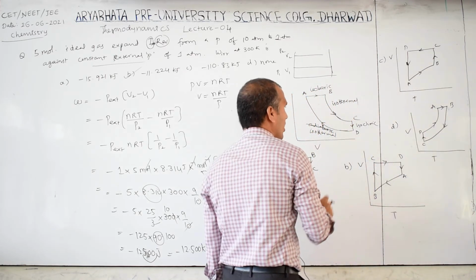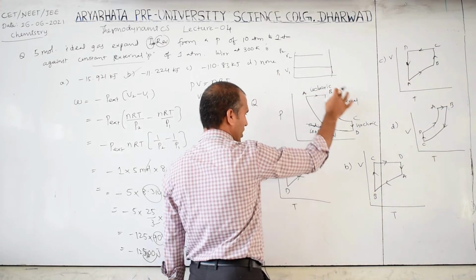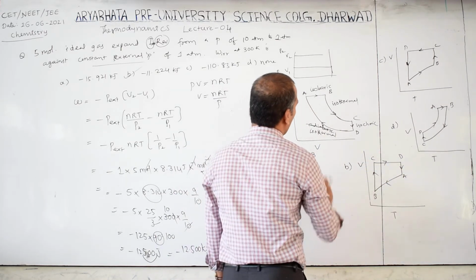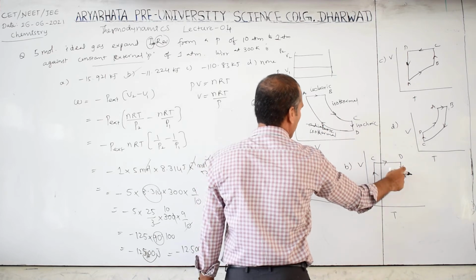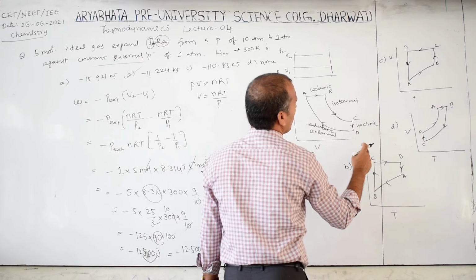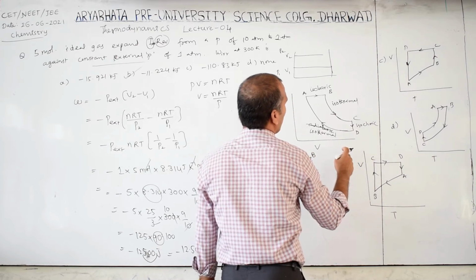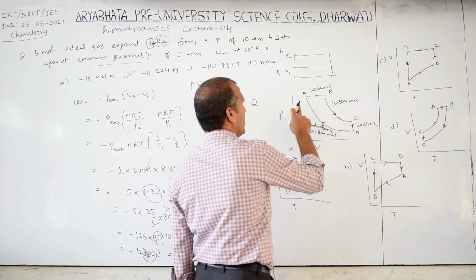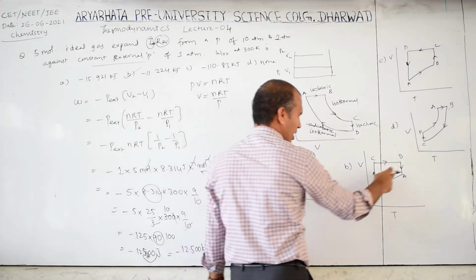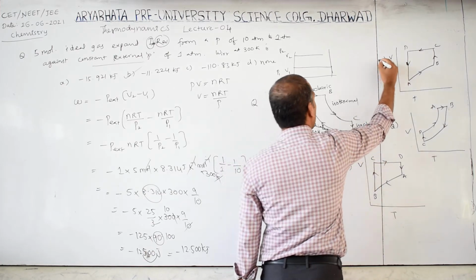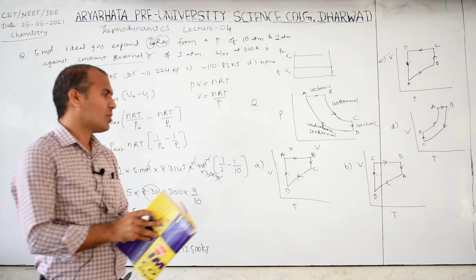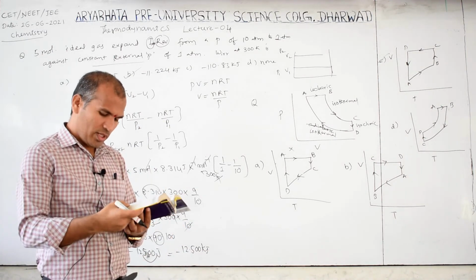Which option is correct? Then you can consider this clockwise, this is anti-clockwise, correct? A to B is there, but here A to B is like this. The A to B direction is forward, but here the direction is backward, therefore C is correct here. Okay, so the arrow direction is very very important.